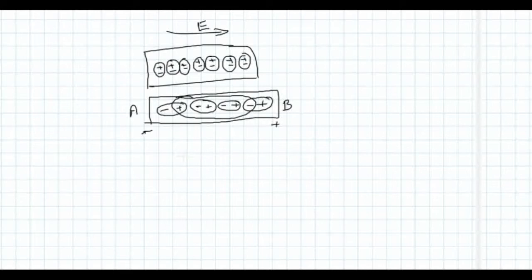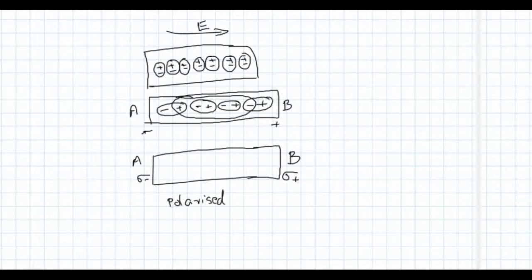So even though the net charge is 0, when we apply an electric field, this dielectric will get a net polarity. That means there is a net negative charge at the end A, and a net positive charge at the end B, right? So if there is no electric field, the orientation is like this, so there will not be any net charge at A or B. Now we will say the dielectric is polarized. So with the application of an electric field, we can polarize a dielectric.